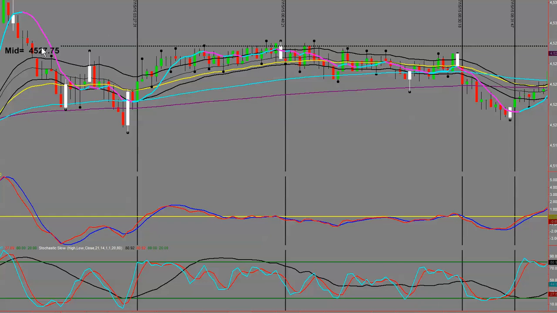Now this particular pivot is a mid pivot. It means it's in between two major pivots. This is automatically calculated and plotted on my screen using an add-on that I've purchased. TradeStation has its own floor pivots in it, it just doesn't plot the midpoints. But we can see here we've come down, we've had an 89 bounce here,